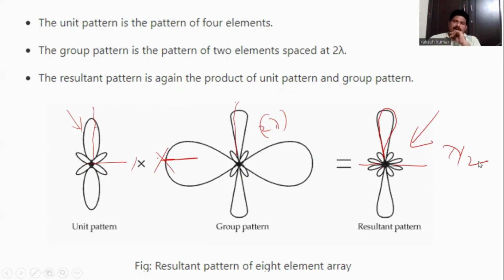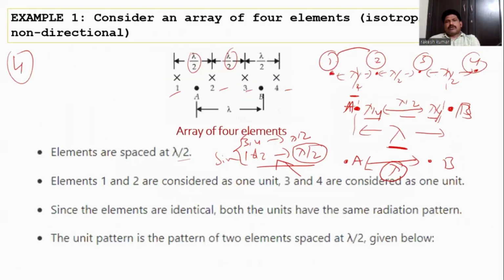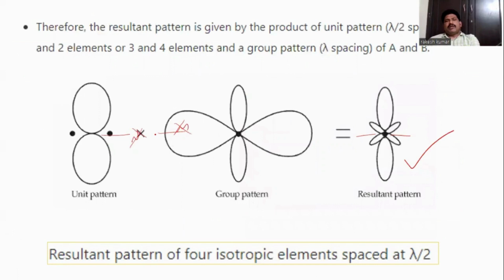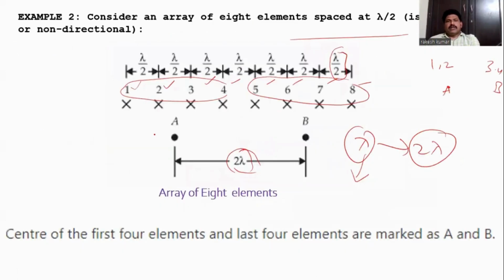So instead of doing all the calculations, we can directly obtain the radiation pattern. This is the goodness in the pattern multiplication. So we have done 2 examples, one for a 4 element array and the other for an 8 element array. So this is regarding